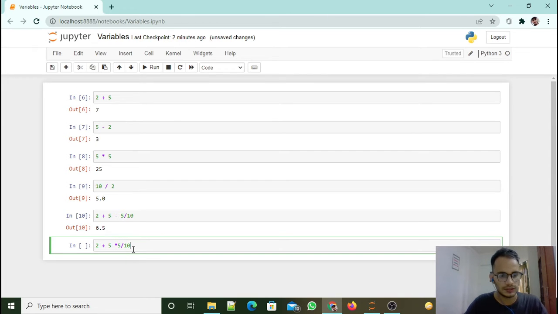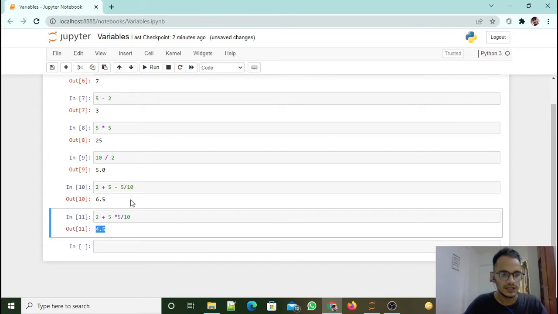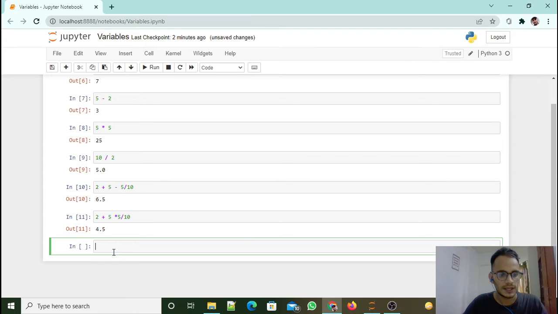So you see, first it is the divide, that 5 upon 10 is 1 upon 2, then 5 upon 2 is 2.5 plus 2, that is 4.5. Similarly here it is 5 minus 1 upon 2 plus 2, that is 6.5. So that's how you can perform mathematical operations in Python. They are very easy to perform,